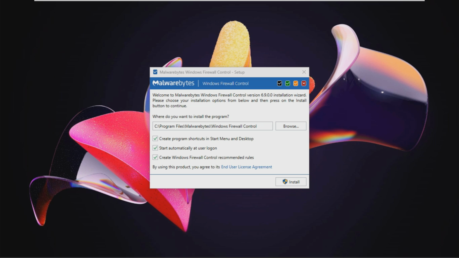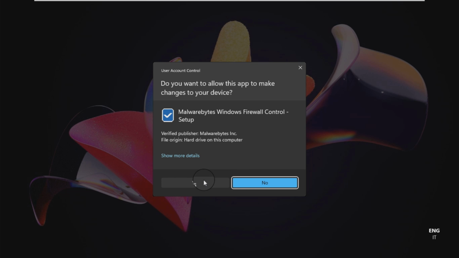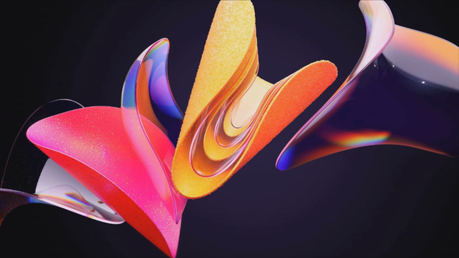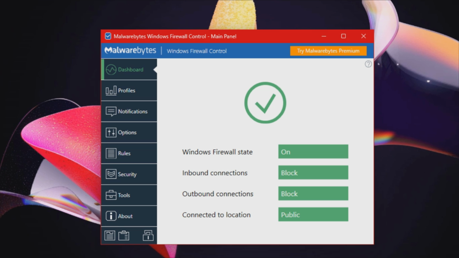Windows Firewall Control is a tool that provides fast access to the Windows Firewall settings and enhances functionality by letting you manage networking rules for each application. It mainly caters to experienced users, such as network administrators. Once initialized, the app creates an icon in the system tray area and allows you to select the security profile,